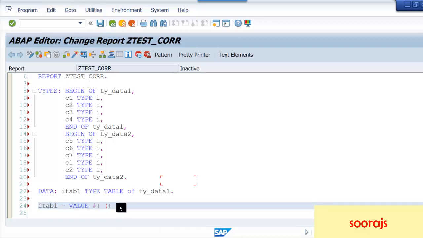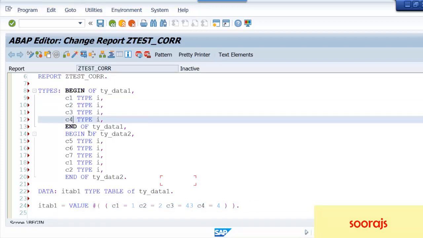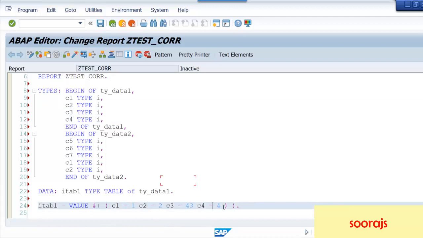In here I will provide c1 equals some value, and c2 equals 2, c3 equals 3, and c4 let it be 4. So I'm providing these values for the internal table. I'm just not going to select every time. In my previous tutorials, if you see, I would have selected it from the database. So here I'm just trying to append values to this internal table itab based on these fields. It has all these 4 fields, right? So I'm going to put certain values inside this.